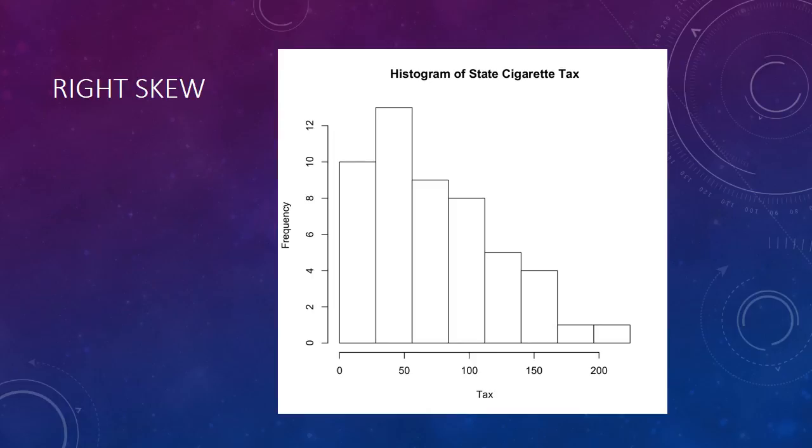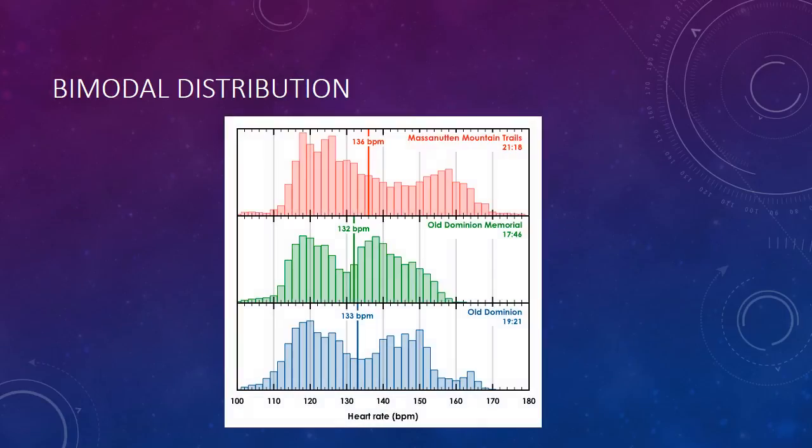In the distributions we looked at so far, there's only been one maximum point. But if a distribution has two maxima, we call it a bimodal distribution. Here we see heart rates for one runner during 3 famous 100-mile races in Virginia. Notice how in each graph there are 2 humps, or maxima. Bimodal distributions usually indicate that the sample is composed of 2 distinct groups that are behaving differently. In this case, the runner attributed the 2 humps to 2 different paces during the race, a fast average pace at the beginning and a slower average pace toward the